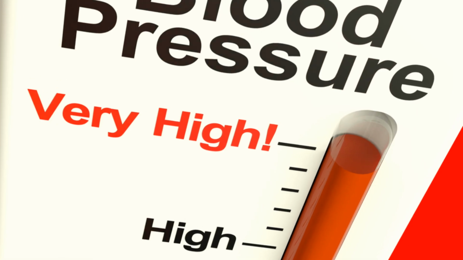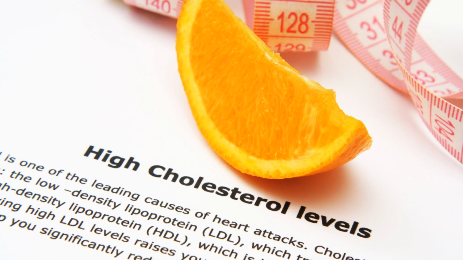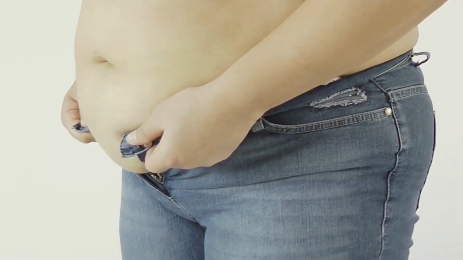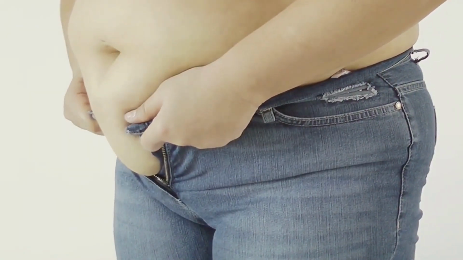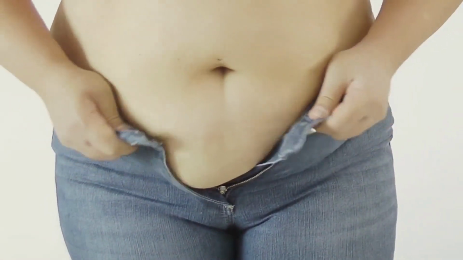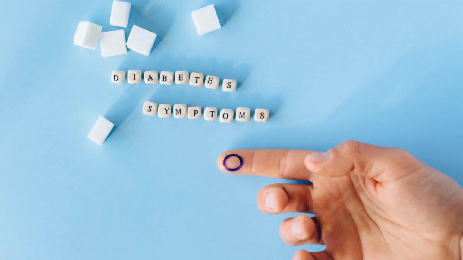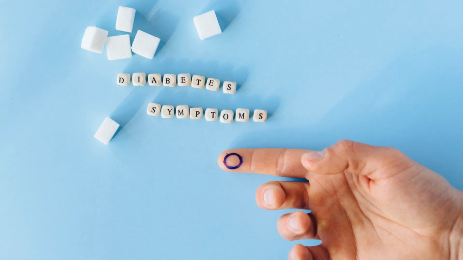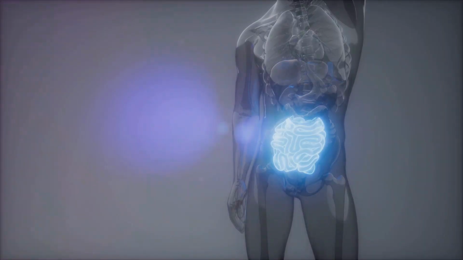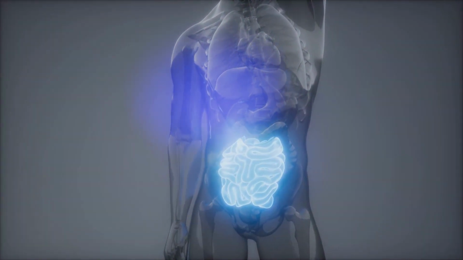Now, let's tackle metabolic syndrome. This is a cluster of conditions that occur together, significantly increasing the risk of heart disease, stroke, and type 2 diabetes. These conditions include increased blood pressure, high blood sugar, excess body fat around the waist, and abnormal cholesterol or triglyceride levels. Insulin resistance and metabolic syndrome are closely interconnected. In fact, insulin resistance is often considered the cornerstone of metabolic syndrome. This is because the issues that arise with insulin resistance, such as high blood sugar and abnormal lipid levels, are key components of metabolic syndrome.